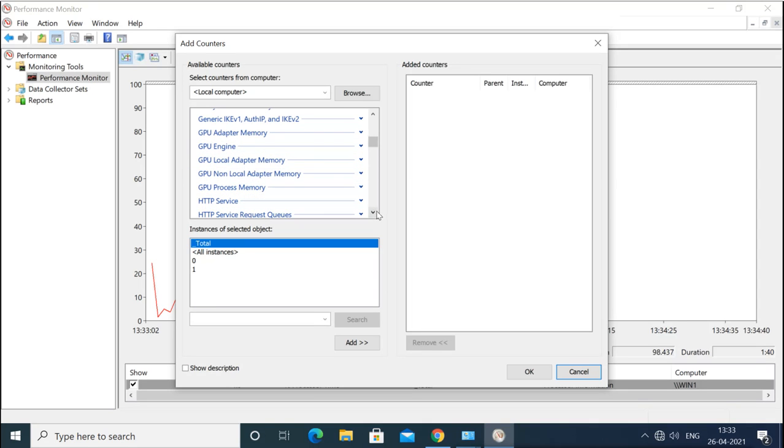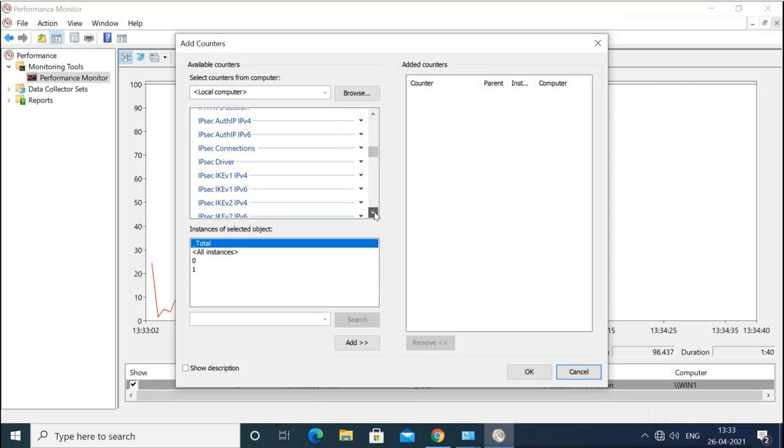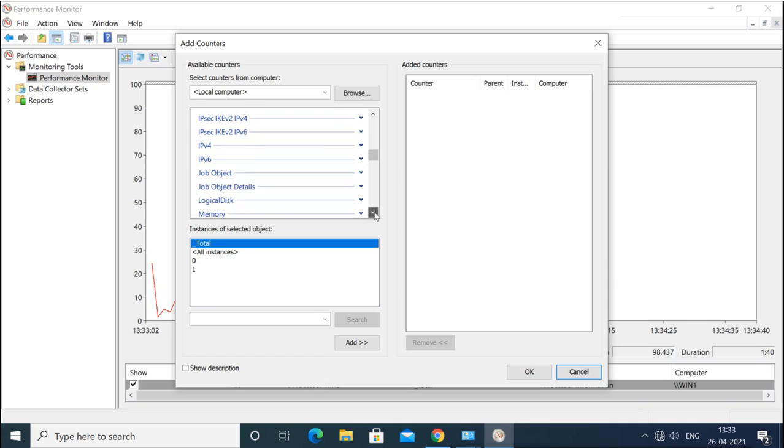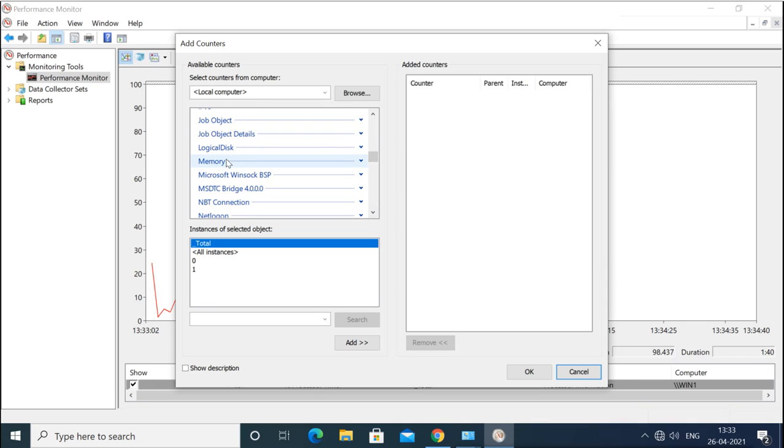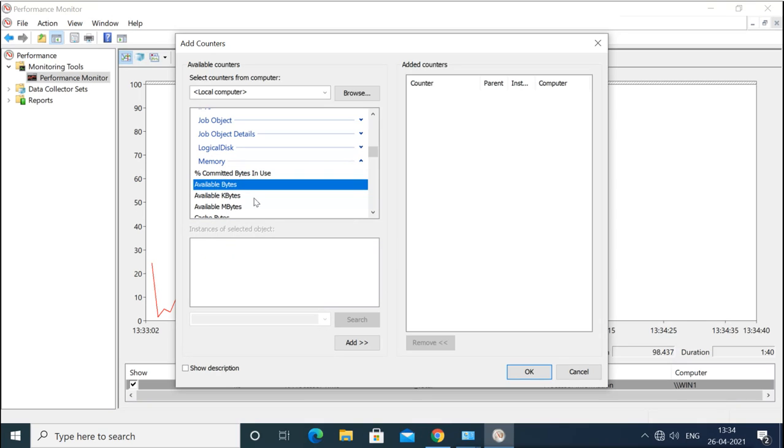If you are having a graphics card, Hyper-V, there are Hyper-V counters, ICMP-V controls, IPsec counters, IPv4 counters, memory counter. Now suppose memory counter, that means I want to see the available memory in MB. So I select this and add this.